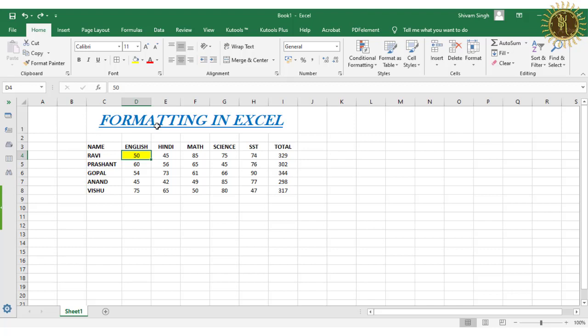Okay, like this, select this and click on this, like this the color has been inserted.